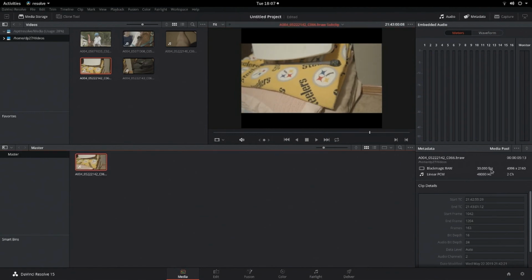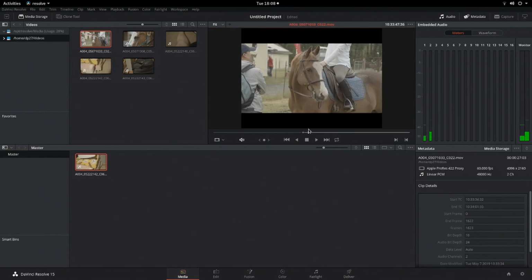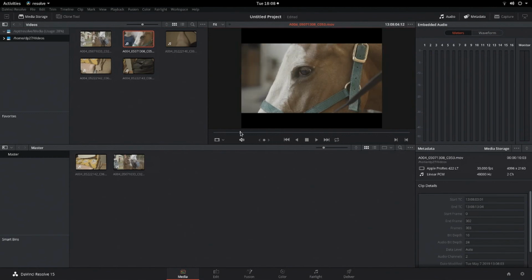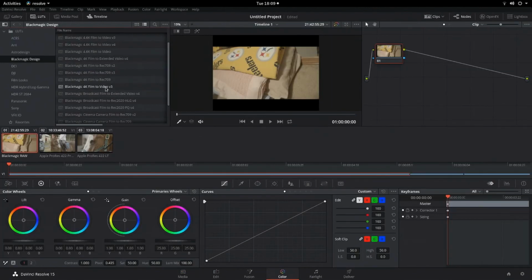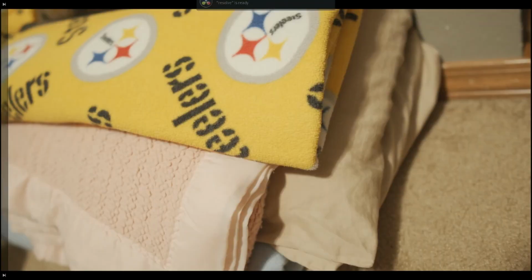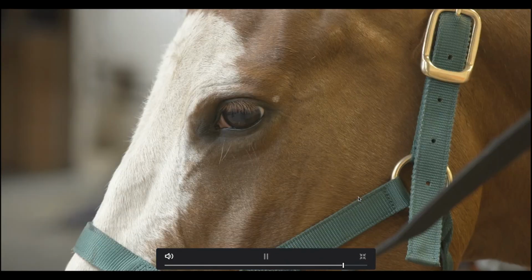So that is Blackmagic Raw 4K 30. Look at that horse just staring at me. That horse really does not like to be filmed. And there's another shot of the horse. Boom. I think it's probably this one. It always kind of depends. It's always a little bit of a toss up there. But yeah, there we go. DaVinci Resolve working on Linux,